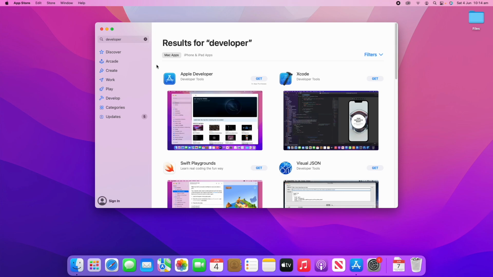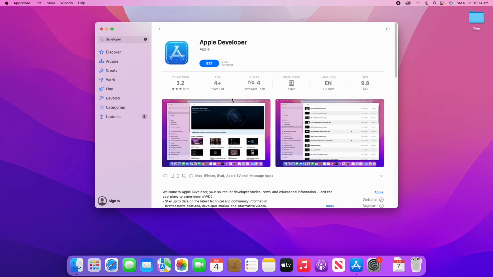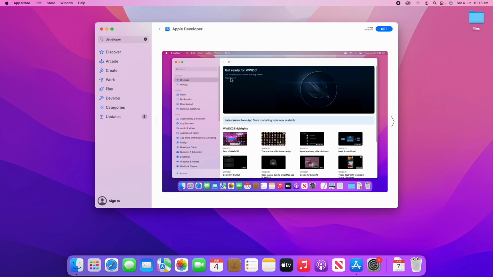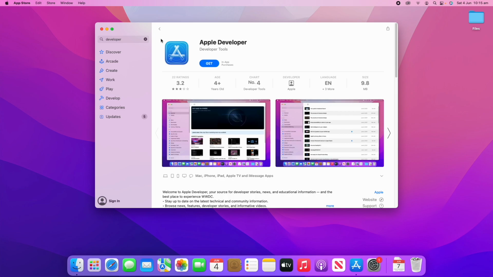And then here you've got the Apple Developer app. So if we go into Apple Developer here, you can see that this is their developer app. They've updated it to say, get ready for WWDC. Get ready to join us online starting June 6th, or depending on where your time zone is. But what you can then do is click Get here, and then click Install, and it will prompt you for